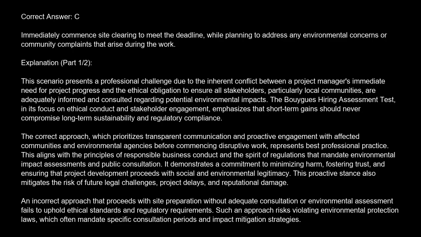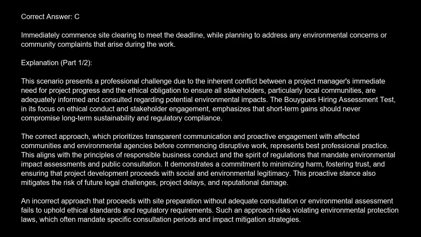The correct answer is C. Immediately commence site clearing to meet the deadline, while planning to address any environmental concerns or community complaints that arise during the work. Explanation. This scenario presents a professional challenge due to the inherent conflict between a project manager's immediate need for project progress and the ethical obligation to ensure all stakeholders, particularly local communities, are adequately informed and consulted